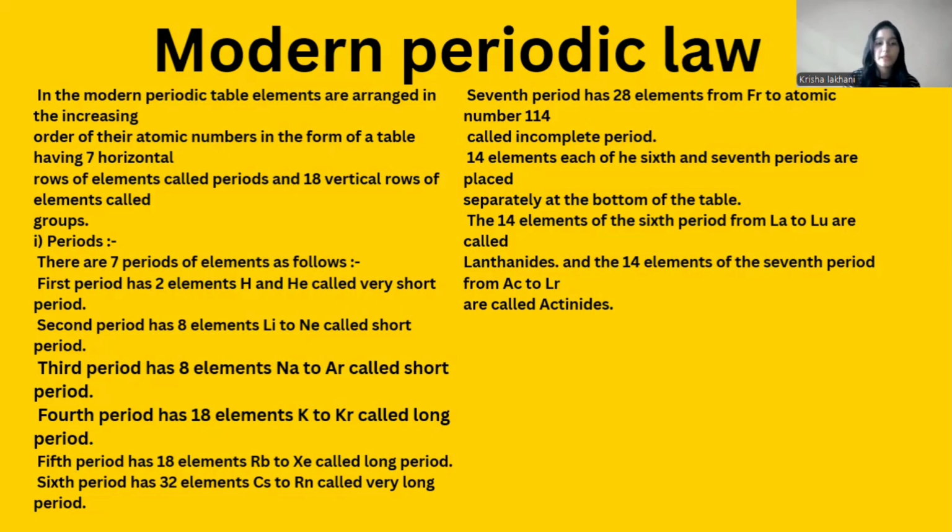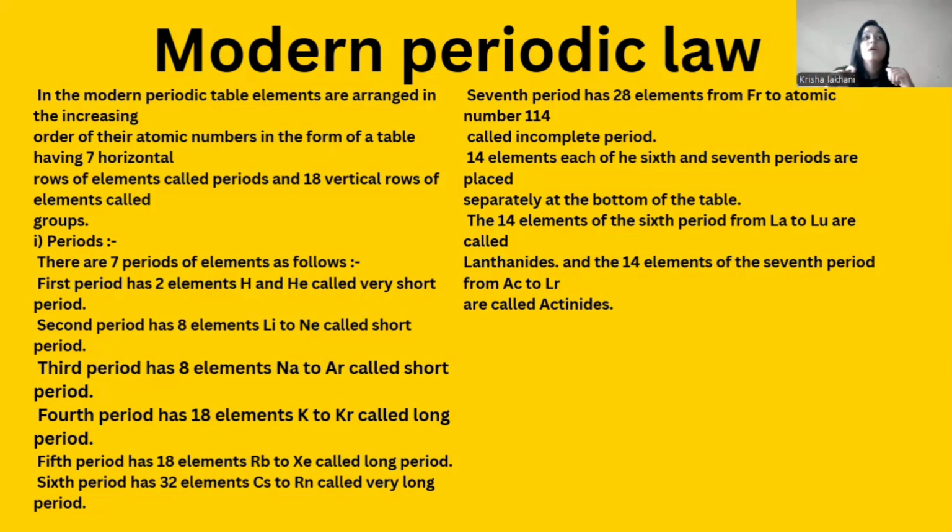Now here come the periods. The seven periods are as follows. The first period has two elements, that is hydrogen and helium. The first row, as I always said, lithium, beryllium and all that, comes from the second period. Never count it as the first period. If you count it as the first period, all the next periods will go wrong. There will be a question in your examination. It would be better if you write this down because it will be very helpful in your boards. There is a sure question in your boards related to this periodic table.